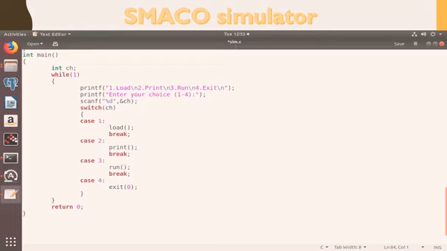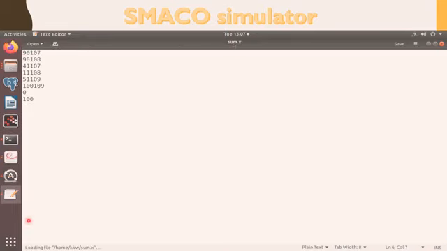Okay, so this is how we have created our simulator. We have created 3 different functions: load, print and run, and finally we have called them all in a main function. So let's see what will be the output of the whole simulator. Yes, this is the file that we have created for sum.x. Sum.x is your machine code in which you have written the machine code for addition of two different numbers, right? We have written it into a sum.x file, and we will load this file into your simulator. So this will be the input for your simulator.